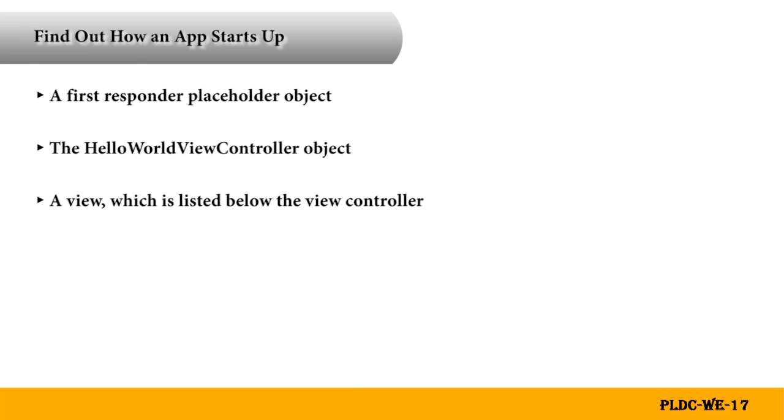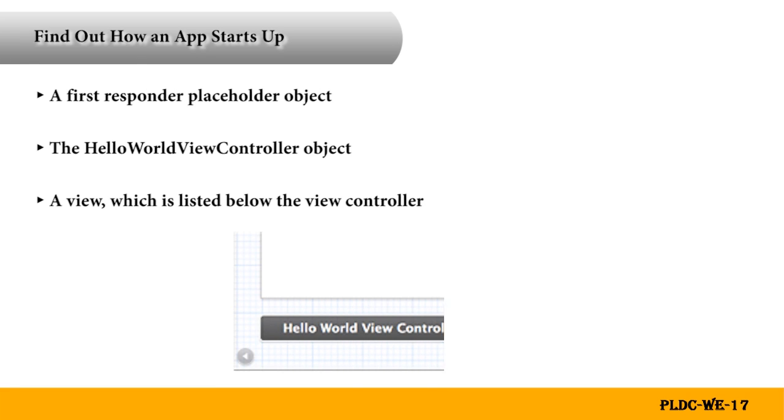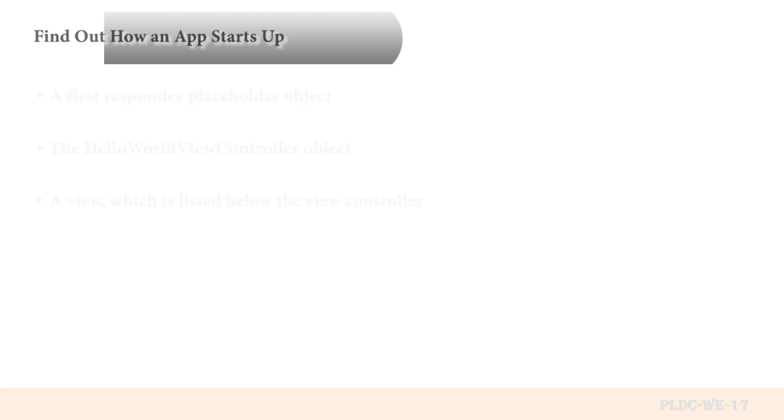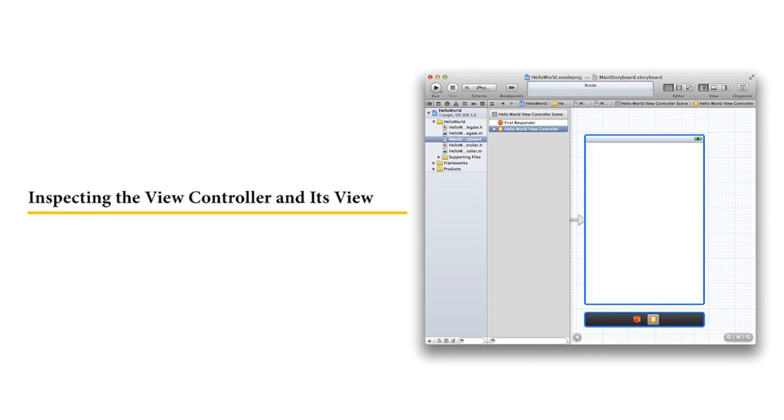The area below the scene on the canvas is called the scene dock. Right now, the scene dock displays the view controller's name, that is, Hello World View Controller. At other times, the scene dock can contain the icons that represent the first responder and the view controller object. As you learned earlier, a view controller is responsible for managing one scene, which represents one area of content. The content that you see in this area